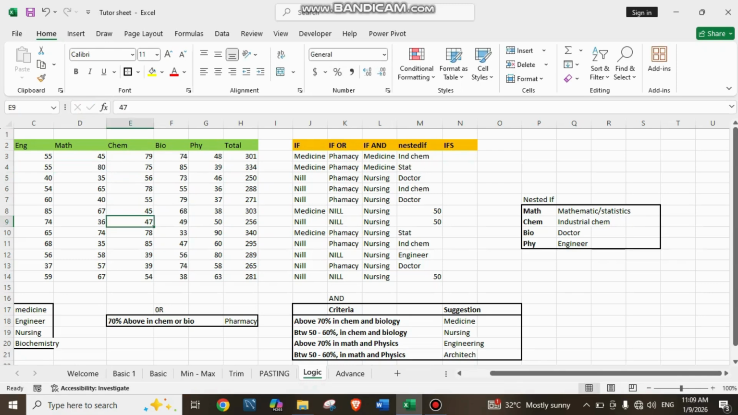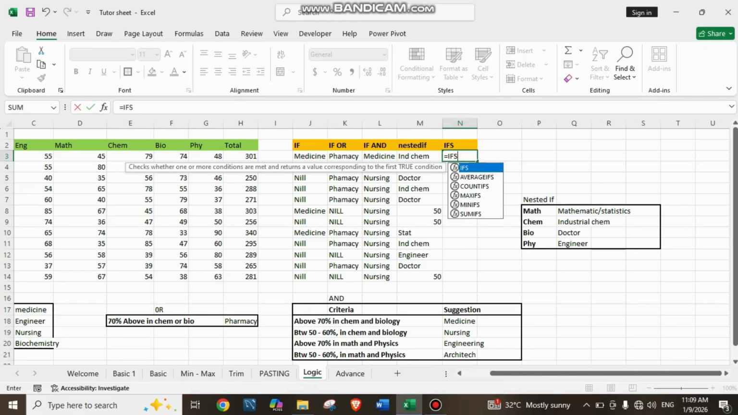So let's continue. Then we have ifs. In ifs, instead of you using many if, instead of you writing if this one is equal to this, write this, comma, if this one is equal to this, write this, comma, no, in nested ifs, you write equals ifs. You open it. We are still going to use the same criteria we use here. So we say if